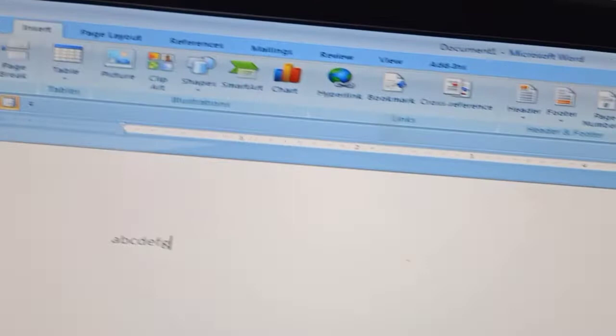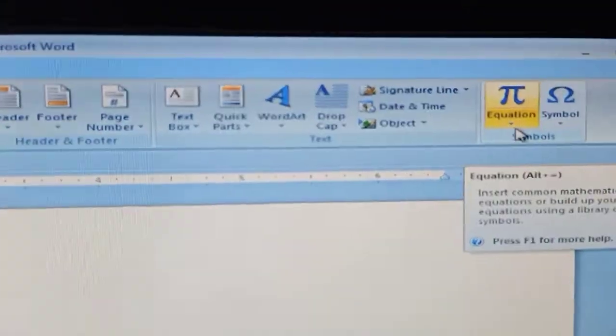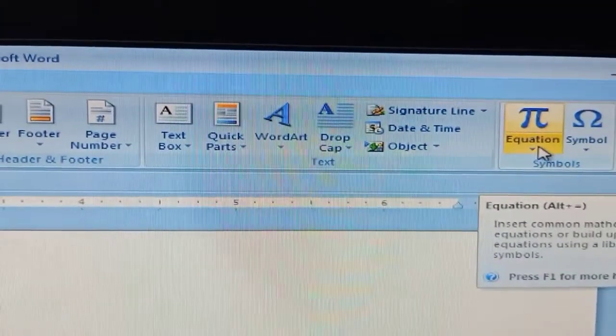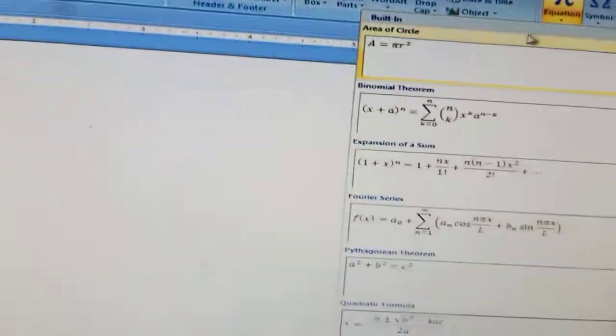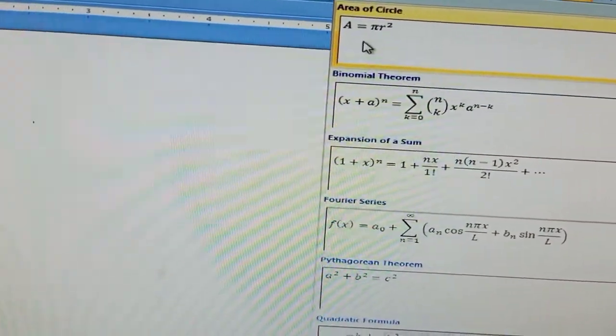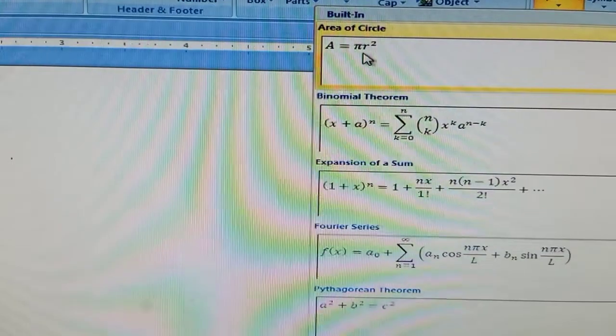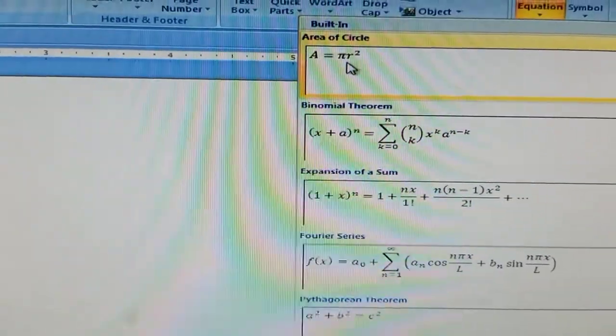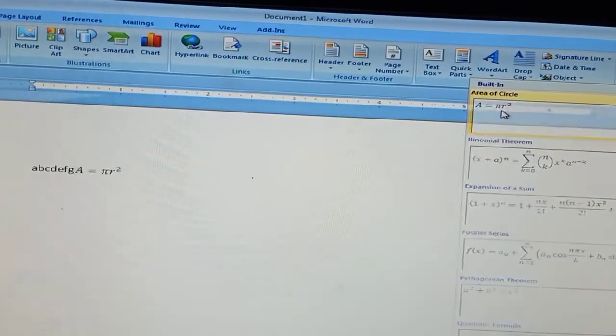Suppose we want to type an equation in the text in Microsoft Word. Then in Insert there is an Equation option. By using this, you will see there are different equations. If I want this equation, A equals pi r squared, click here and it will appear on the screen. See, the equation is here.